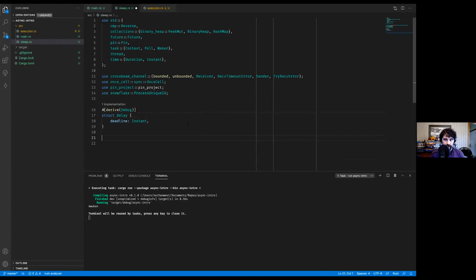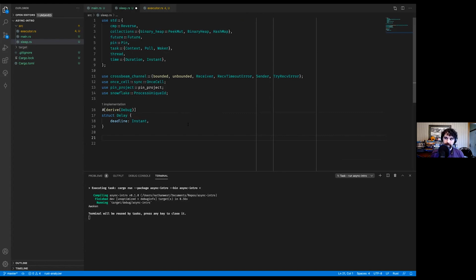Which means that we probably need a thread that can actually, in a blocking way, go to sleep. Now, it would be very silly to have every single one of these futures create its own thread that just goes to sleep. That would sort of defeat the entire purpose of the whole async idea. But what we can do, think about it, suppose this is a library that we are publishing. We can have one global thread that this library provides that stores every single timer in it. It puts it in a binary heap, so it's always sorted, and tracks which timer is attached to which waker, awakes them all as they come up one by one, has a channel to listen for incoming new sleeps, and generally just sort of runs the whole thing in a single thread.